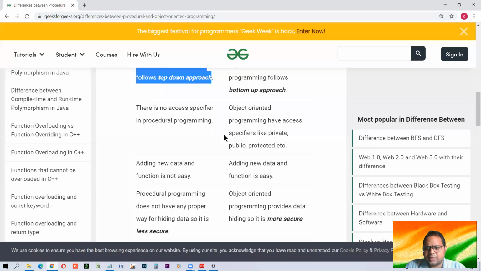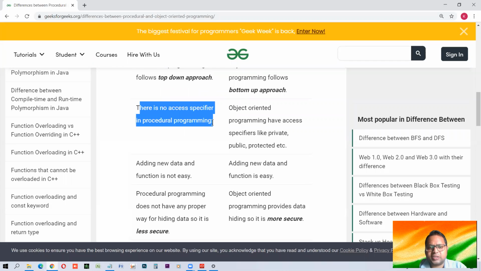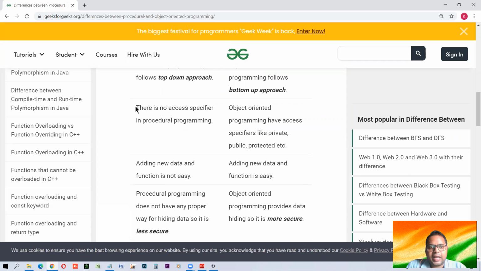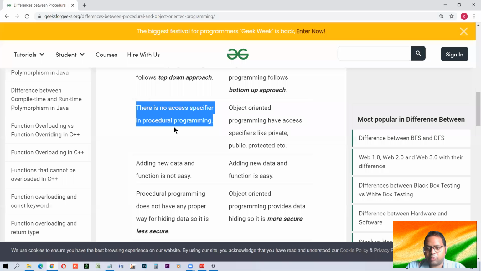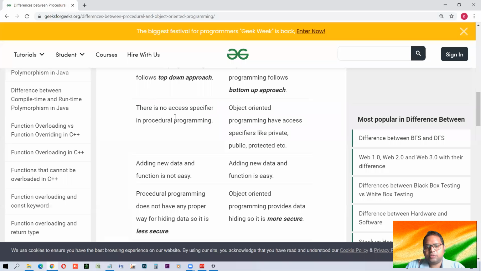Okay, so let us skip this. This is confusing at the beginning. There is no access specifier. Now this is the point. Access specifier is something about which video is also uploaded. Means you can specify that this particular member, means this particular variable or this particular function, may be public, private, like this. Means the thing which we are making public can be accessed by anyone, but the variables or the function that we are making private. Public and private are the access specifiers, which is not in procedural programming but which is there in